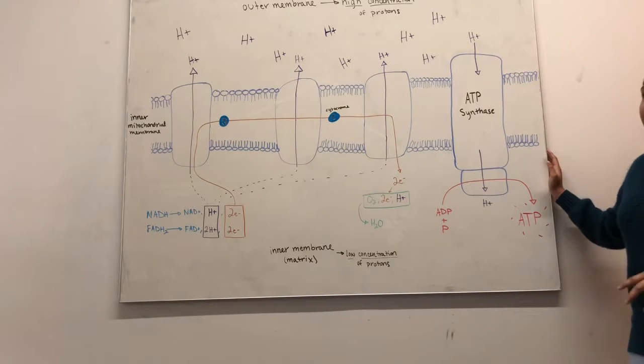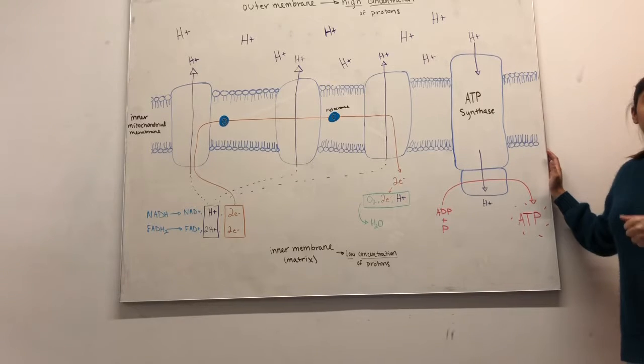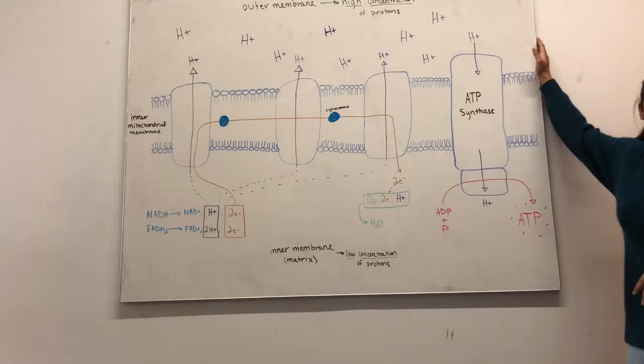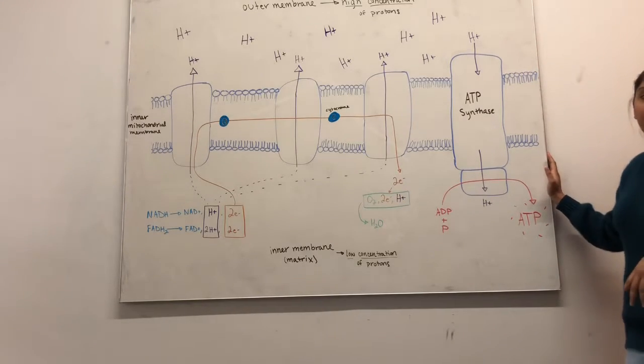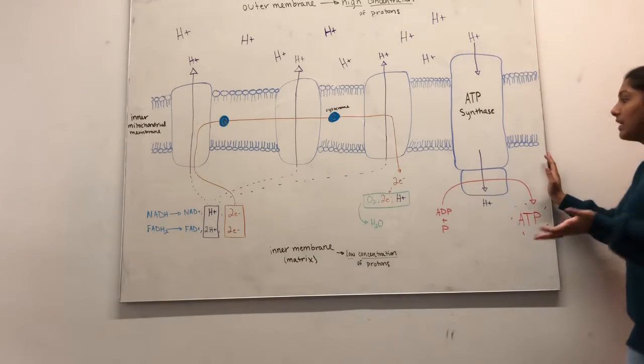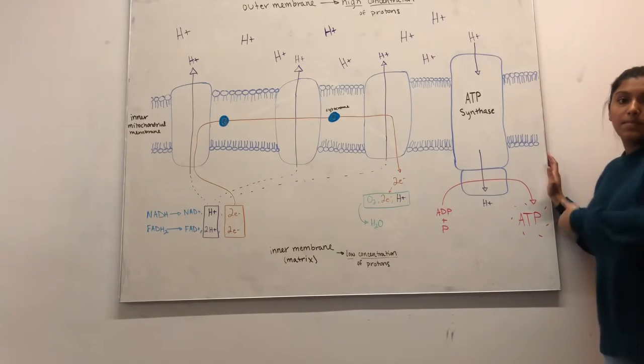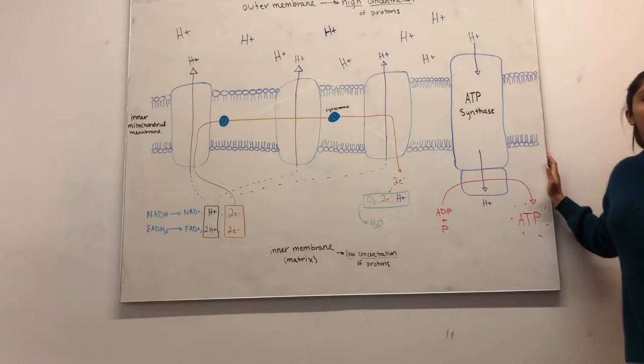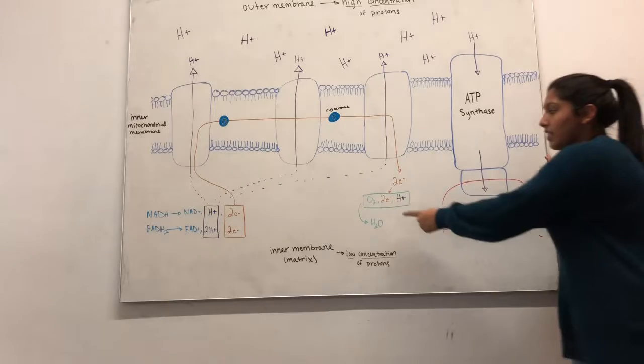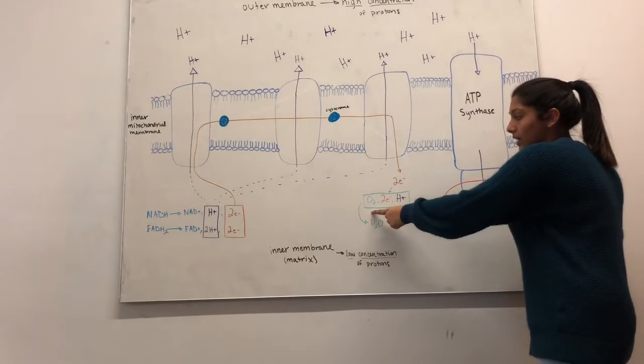This results in the use of ATP synthase, which is the enzyme that creates the majority of the ATP our body has. The ATP synthase allows the hydrogen ion to pass through its channel, generating energy to phosphorylate ADP and a phosphate into ATP. And this happens around 30 times for each glucose molecule that is broken down at the beginning of cellular respiration. Oxygen, the final hydrogen ion acceptor,